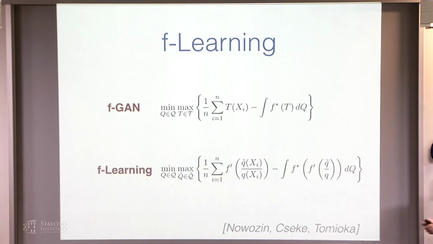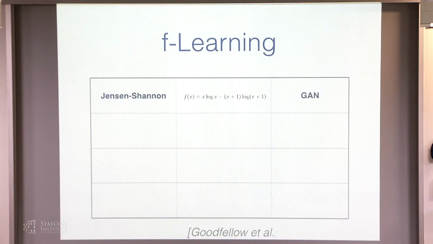Okay? So the framework of this f-learning is very general. In particular, if you take f to be the function that leads to Jensen-Shannon divergence, then you are able to recover the original GAN that is proposed by Goodfellow's group. This is where the deep learning people start to use GAN to learn generative distribution for images. And if you take f(x) equals x times log x, then you just recover the definition of maximum likelihood estimator,